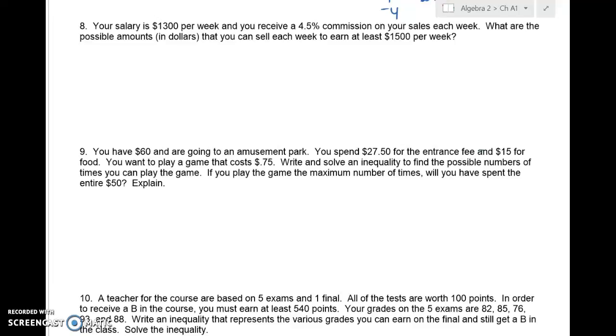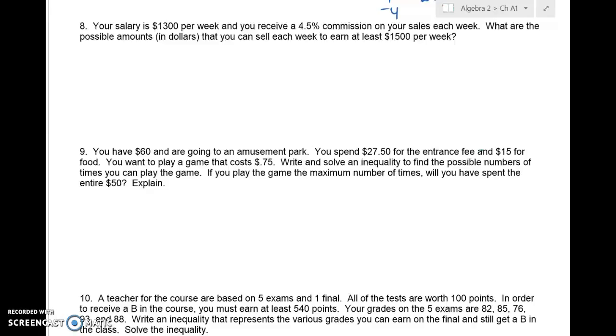Your salary is $1,300 per week, and you receive a 4.5% commission on your sales each week. What are the possible amounts in dollars that you can sell each week to earn at least $1,500 per week? Okay, first of all, I just want to say $1,500 per week. Dang. But, ignoring that,